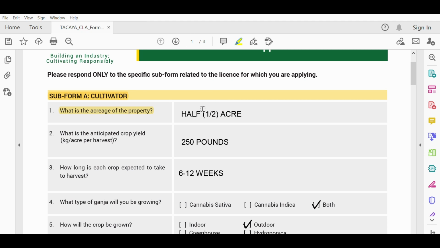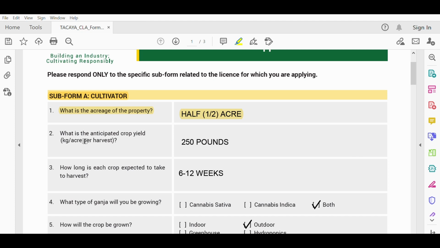Now, here's the thing. If, for example, the whole size of the land is maybe 5 acres, you're going to say 5 acres. The land is 5 acres, of which maybe half an acre is going to be used. But in this example, the land is half an acre, and all of the half acre will be used. Then for question 2, they want to find out how much cannabis you will be harvesting